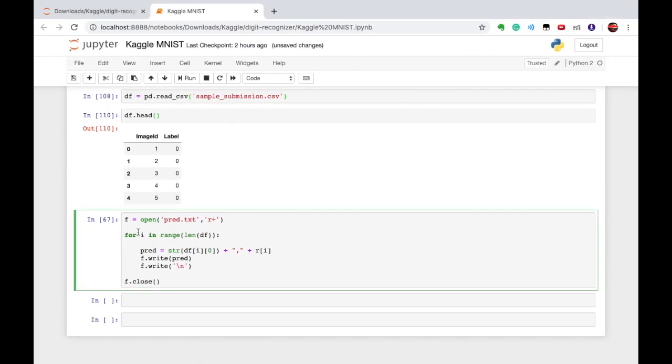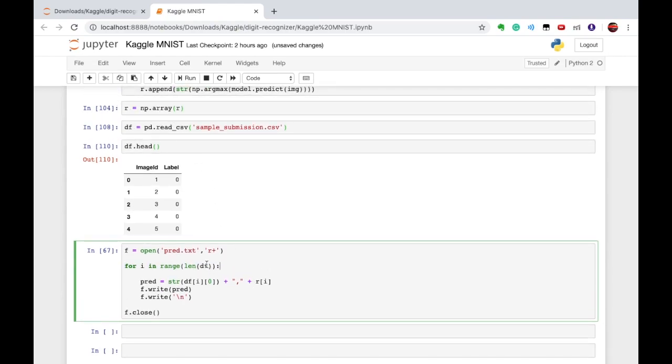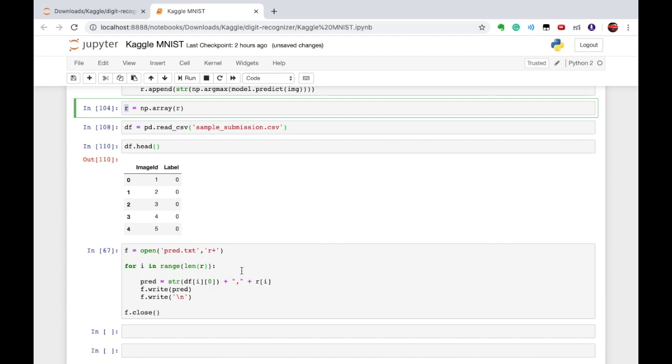After that, open the file in read plus format, so we can write to it also. And after opening the file, I'm going to pass through the whole data frame. Instead of the data frame, I can also write R, because now we are writing R, meaning our labels. Clear?